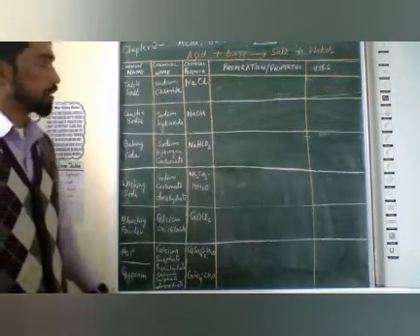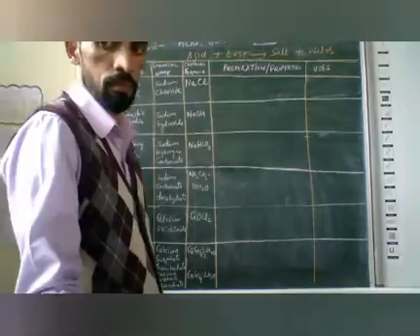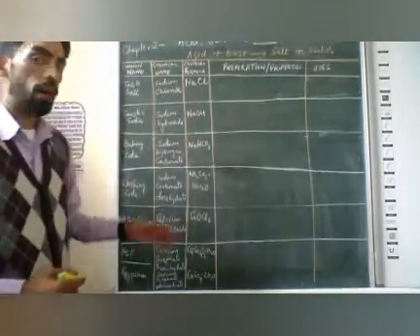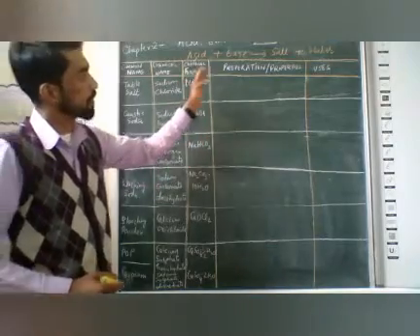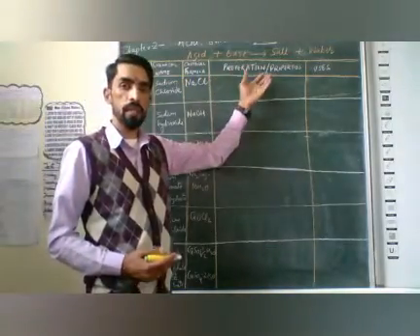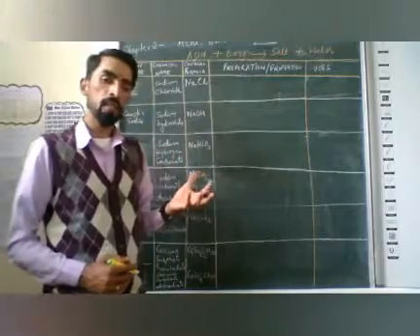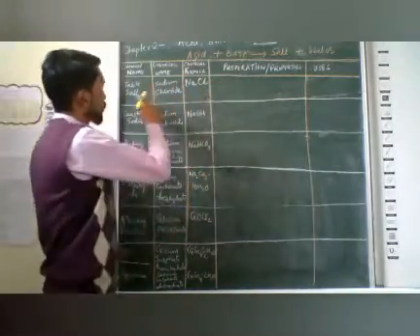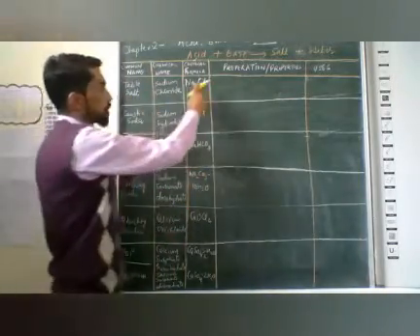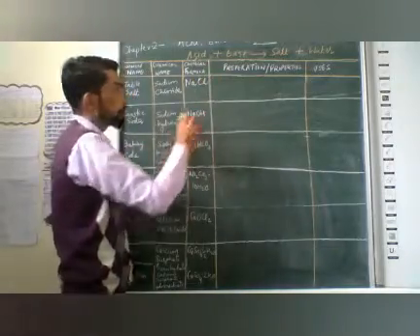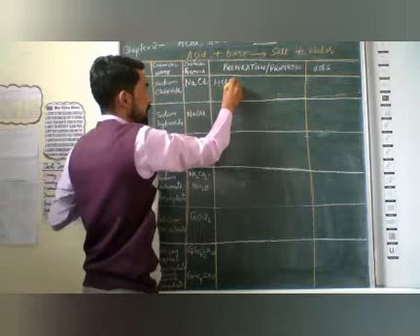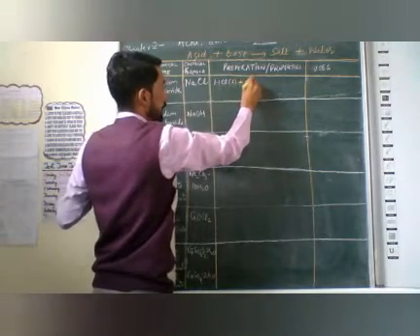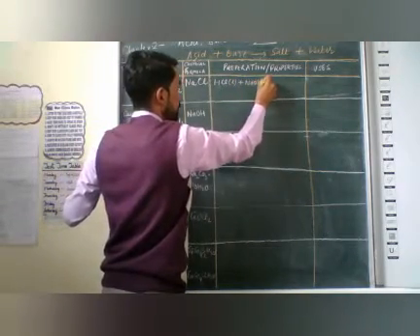Once we know the chemical name and chemical formula, the next assignment is to find out the method of preparation and the properties. Suppose, for example, table salt. Table salt is very simple. It is made up of acid plus base. Suppose we take one acid, HCl, and NaOH is a base.